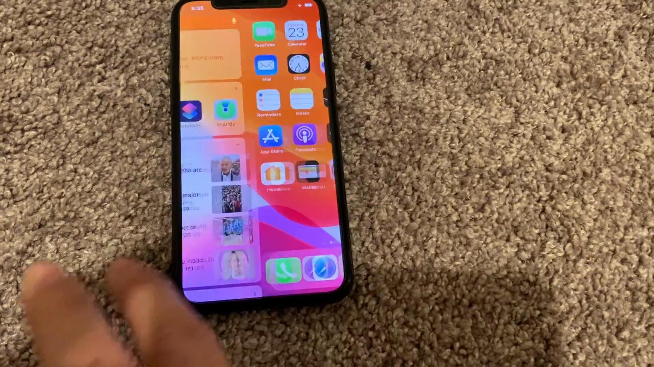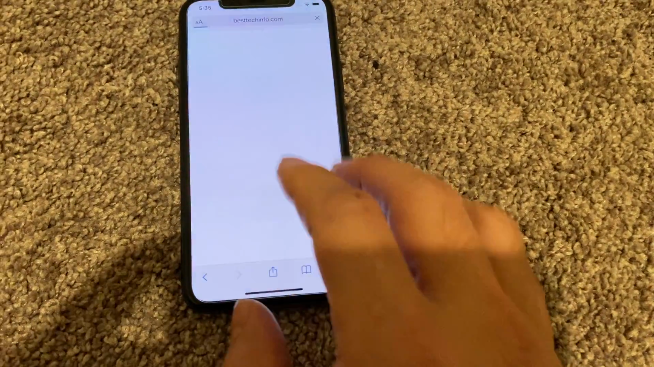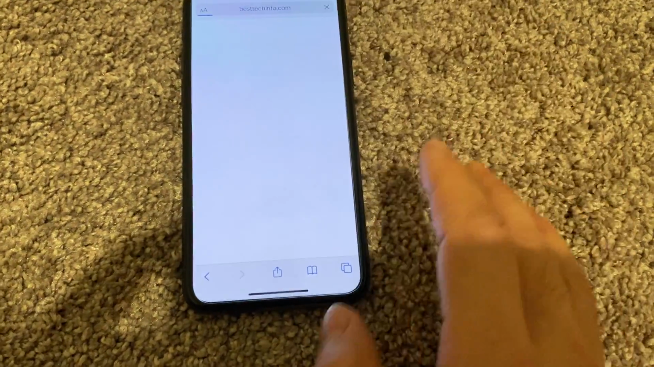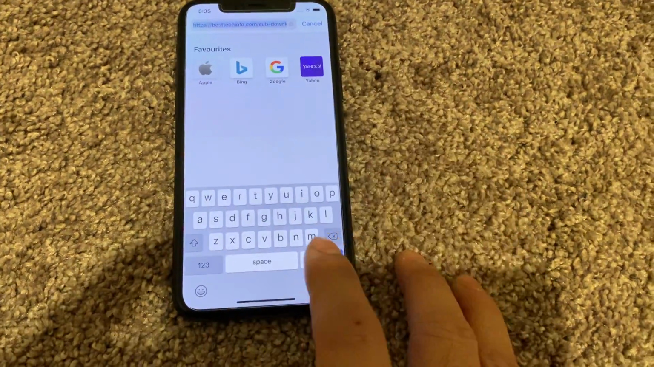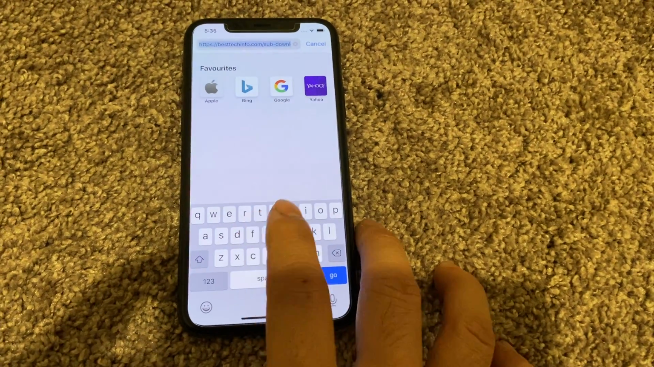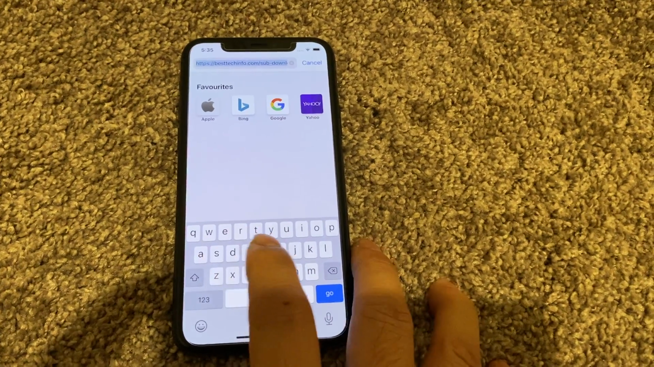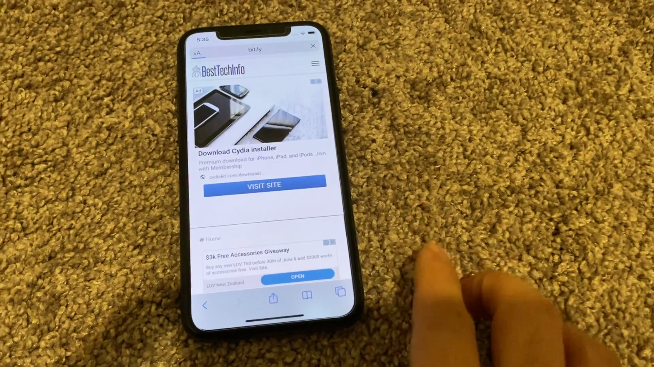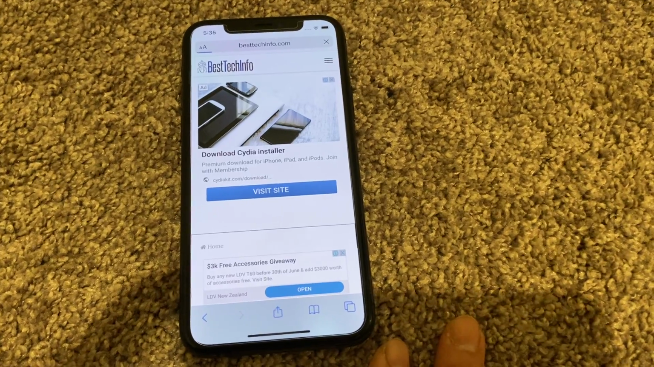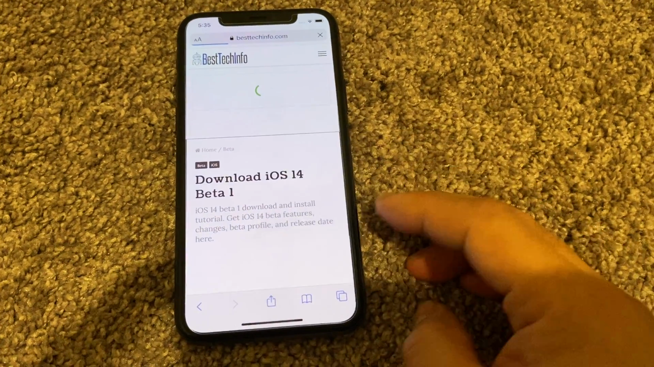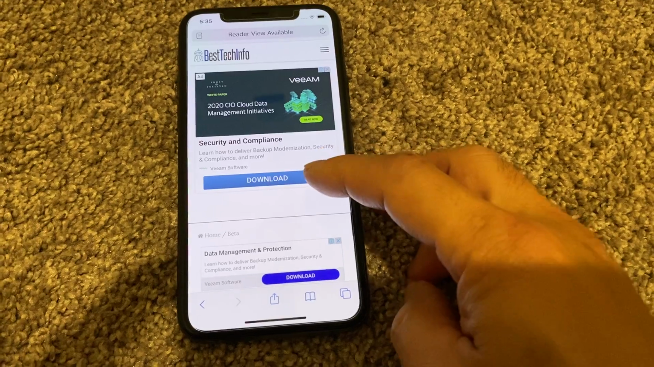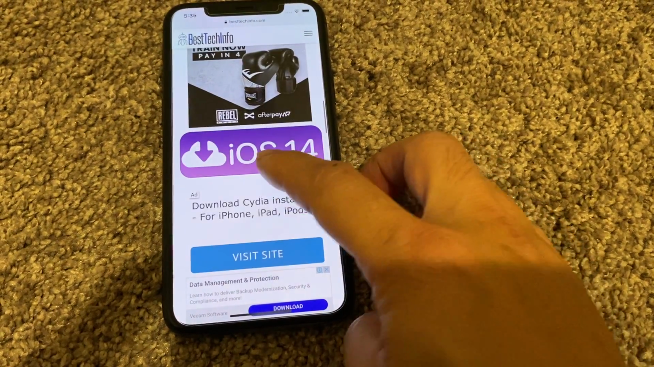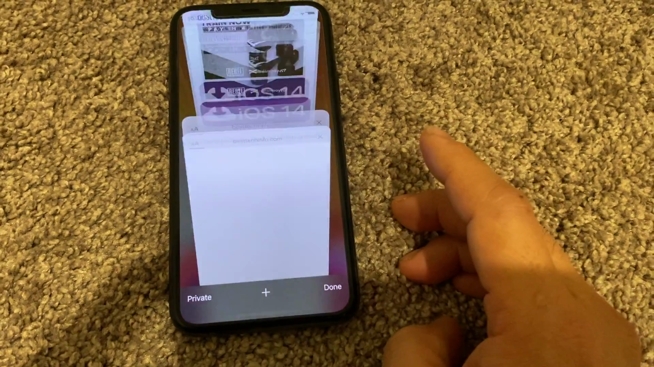It's pretty easy. You just go into Safari and you will have to put this in your address. Safari address is kitiosbeta.com, and it will redirect you to this website, and you just go down until you see the purple one, this purple one. You click on that